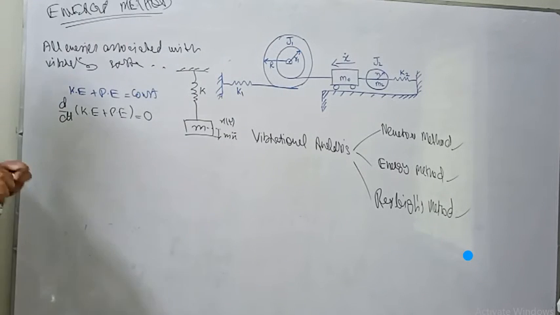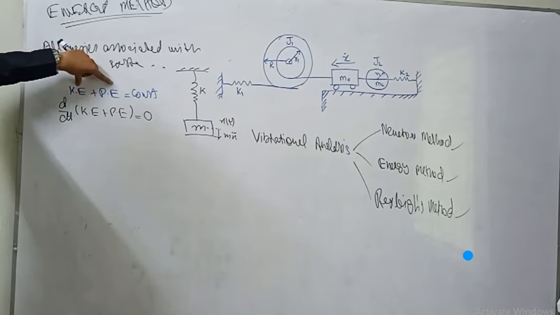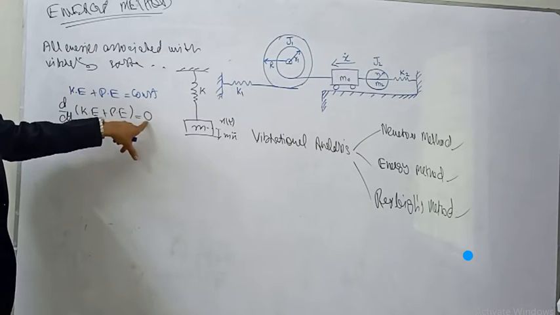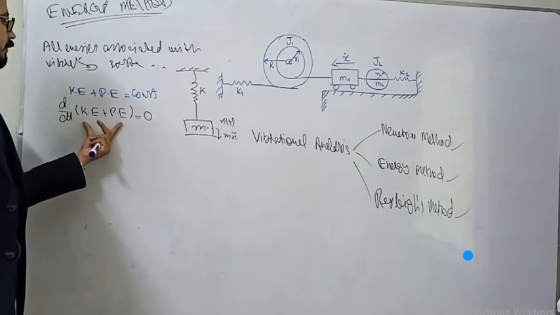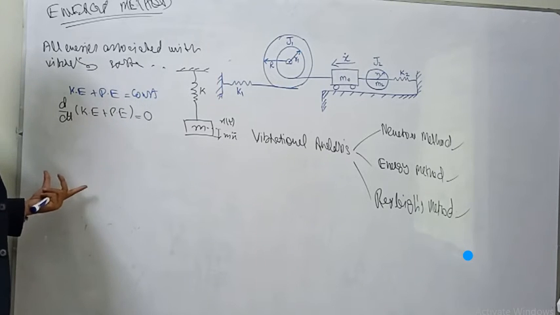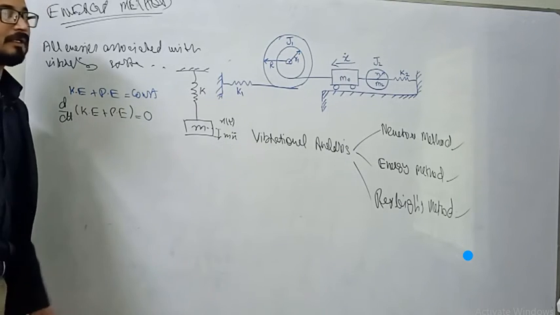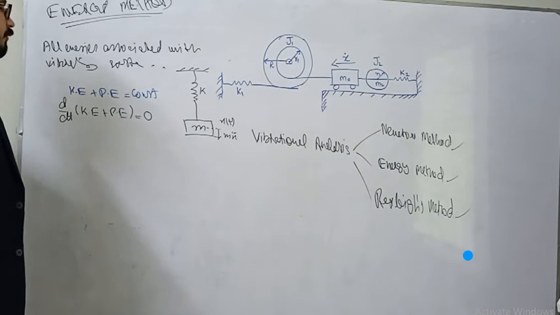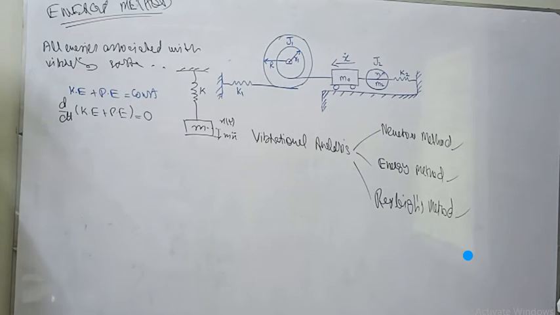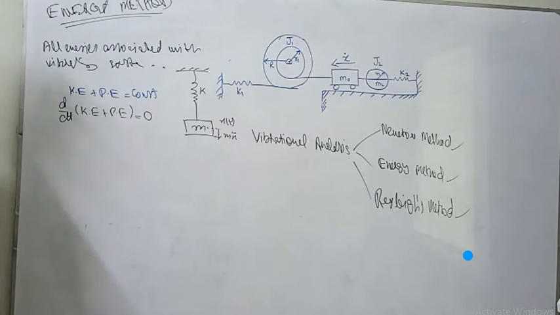So when we check the rate of change of energy between these two elements, this constant term will go to 0, and in this way we can solve this equation to derive the equation of motion of a particular vibrating system, and from that equation of motion we can derive its natural frequency and other dynamic possibilities associated with the body. So now we have to define, suppose this is a mass spring system, and we have to solve it for the equation of motion and its natural frequency.